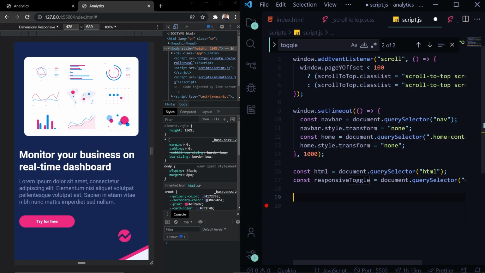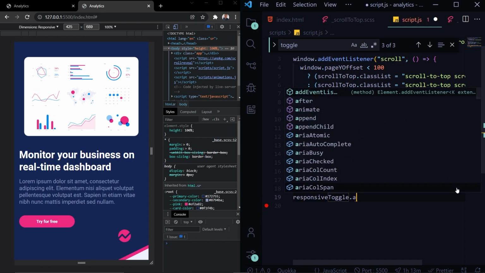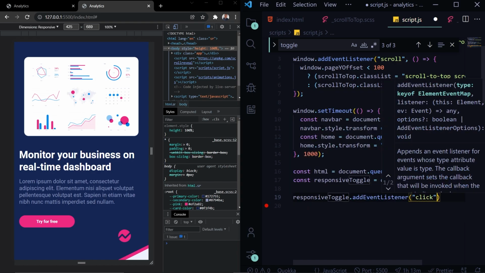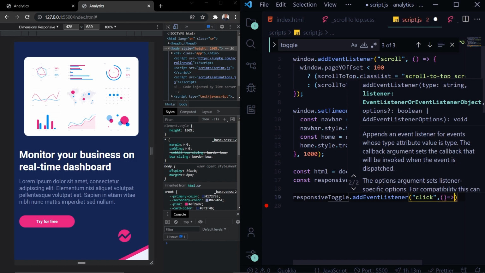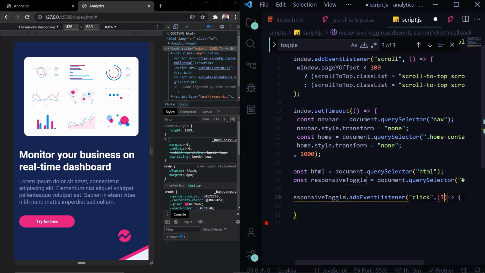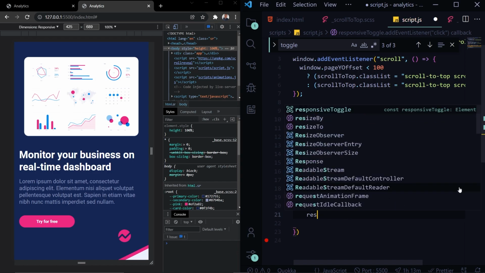Now whenever we click on this responsive toggle, first we will stop the event propagation, and for the responsive,